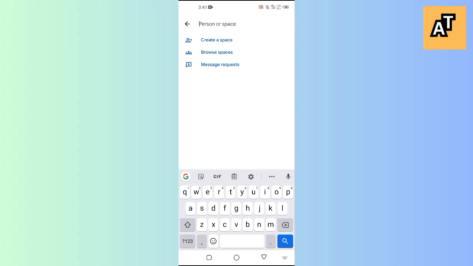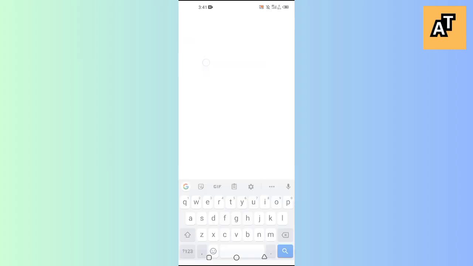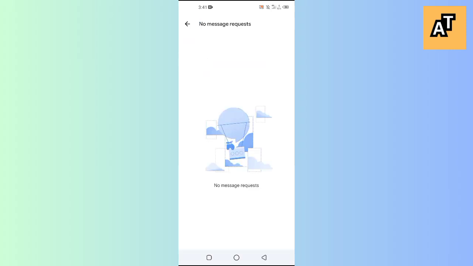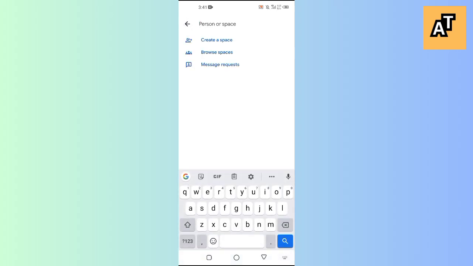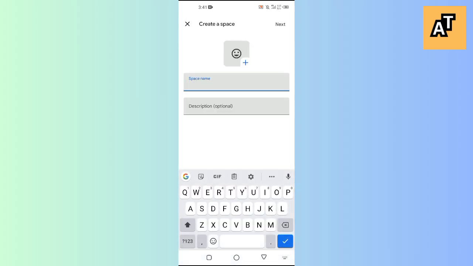And message request: if someone actually messaged you on Google Chat, then the message will not be directly shown to you. It will appear in the messages request page, and you will open up this page and that message request will be shown here. So I will just create a new space here,